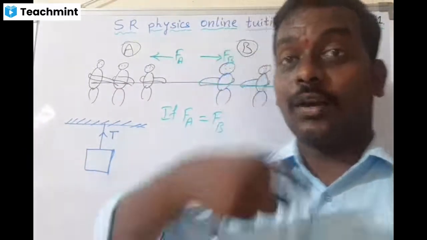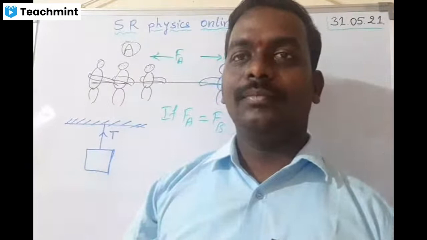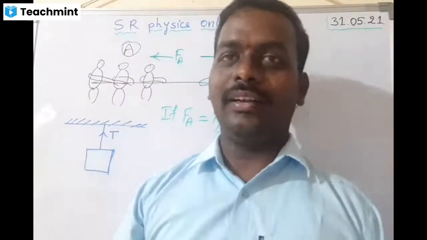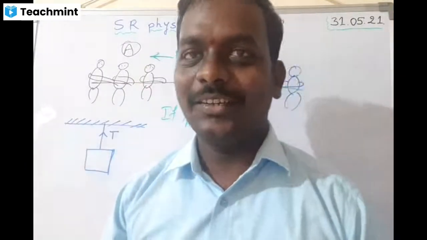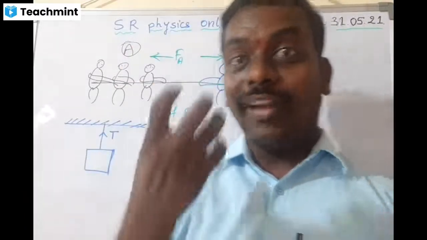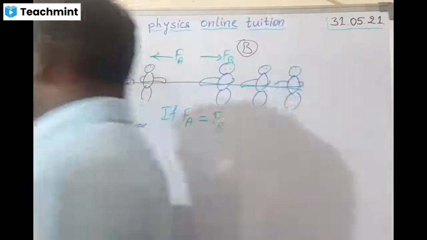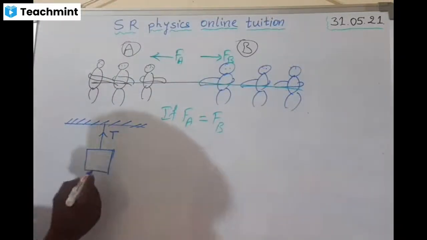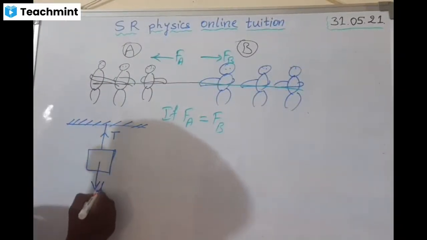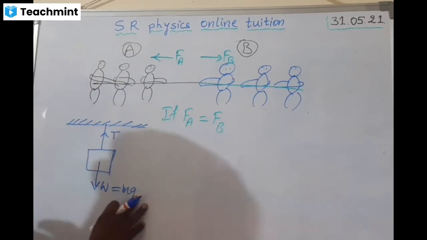That is why when we tie something with a rope and hang it, after some time it falls down automatically as the rope breaks, isn't it? So that is happening because of what, Nana? The weight is increasing. See here, the downward weight will increase a lot, right? Downwards, W equals mg is existing, right?